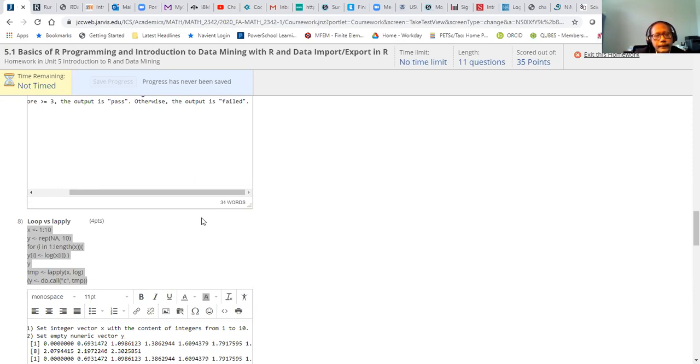With 10 elements. Okay. And then 3, use for loop